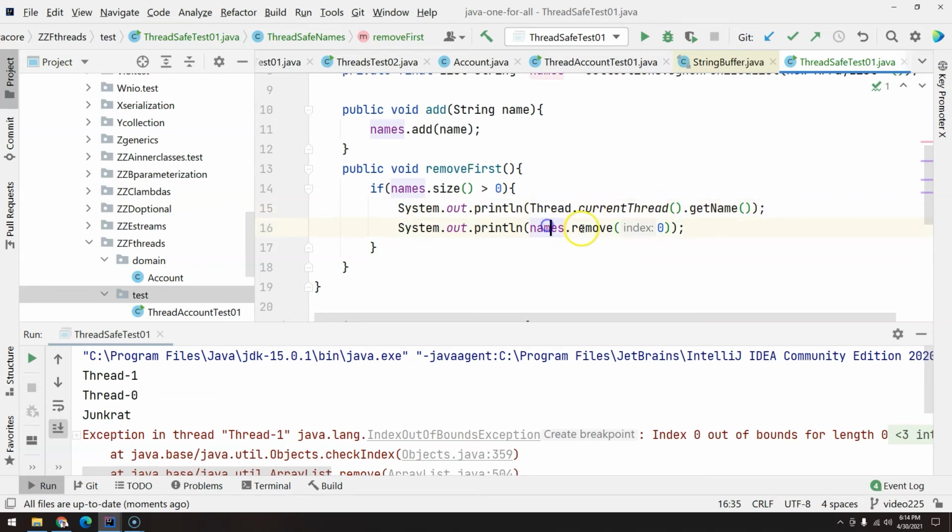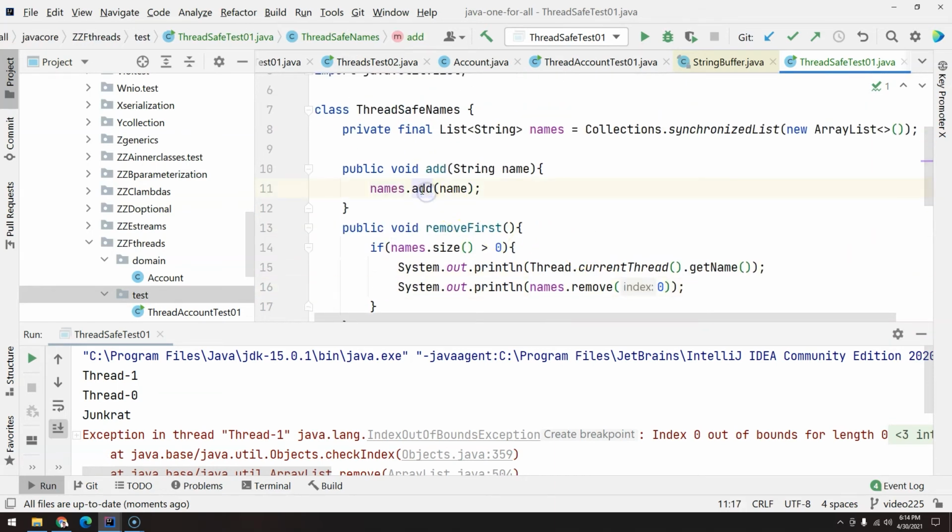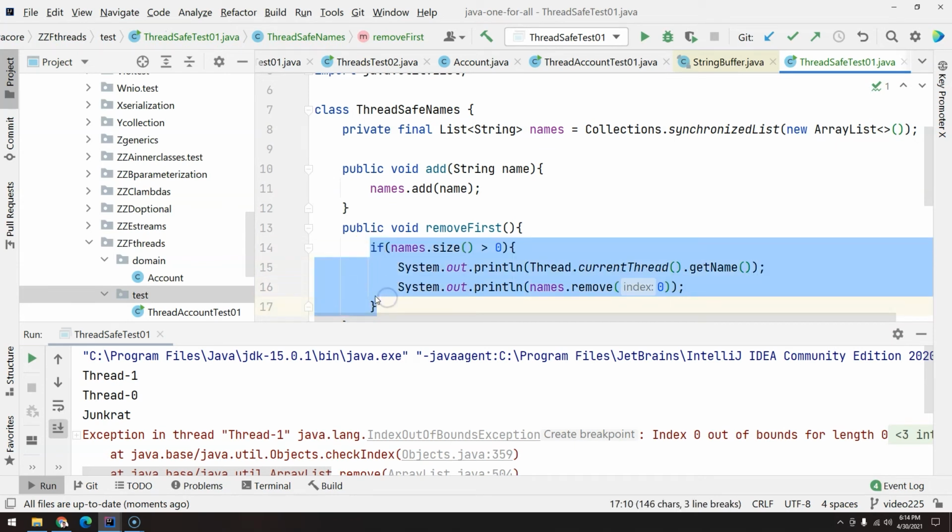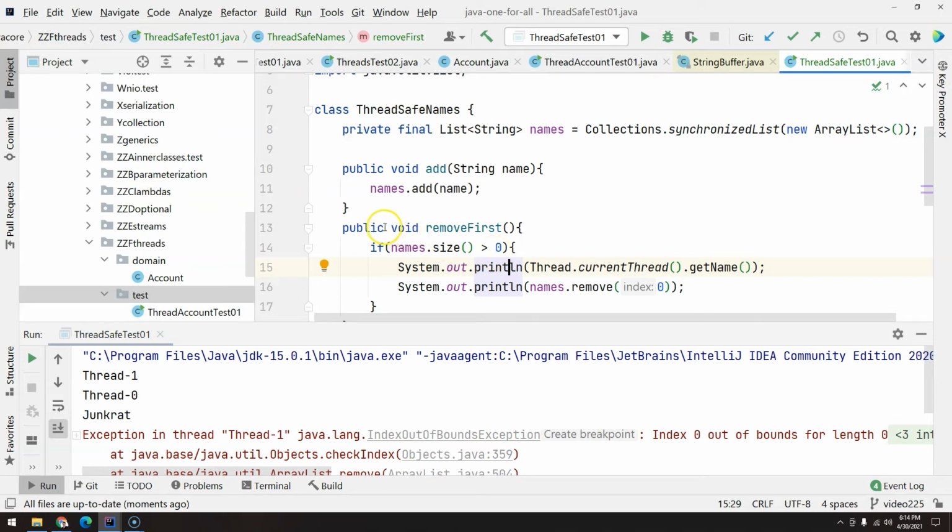So in this case, the remove is thread safe, the add is thread safe. But the problem is we are doing something above, like a layer that's going above the thread safe collection that needs to be synchronized. In this case, for this to truly be thread safe, I can add here synchronized, and I can add here synchronized.